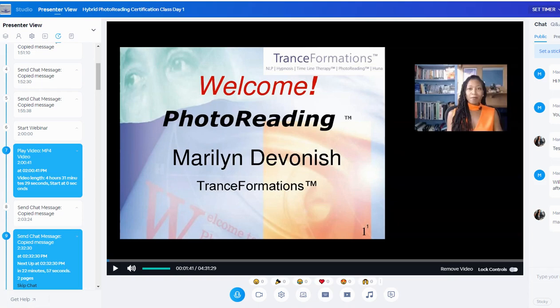If you look at the screen where you see me wearing the orange top, look at that middle shelf, and then work your way back from my shoulder, and about 3 or 4 boxes in, you'll see the green box, which is the PhotoReading cassette tapes. Those were the cassette tapes that I purchased back in 1998 when I heard all this blurb.